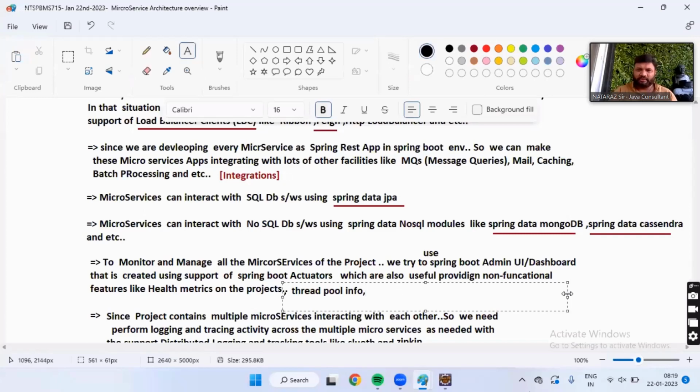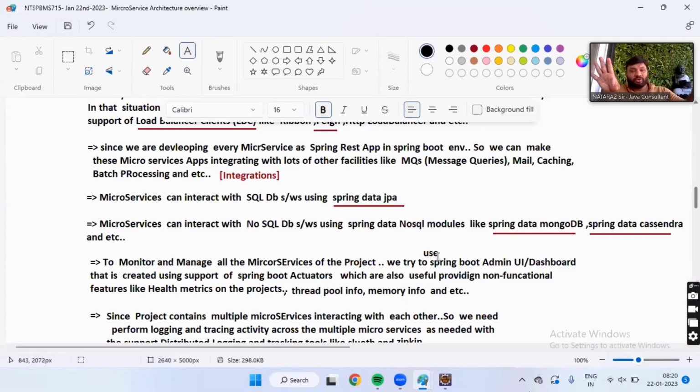Next, what are the other information we can get? Memory info, and etc. Thread pool info, thread dump info. Thread dump also you will get, guys. Super. Health metrics, thread pool, all this stuff, boss. Actually, actuators will give that facility, but to present them in a beautiful manner, we have Spring Boot Admin